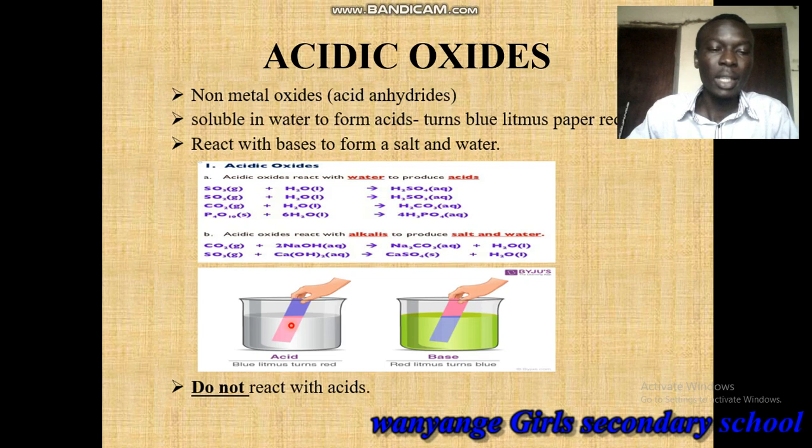Note again that things of the same category do not react. We said bases do not react with bases. Therefore, acids do not also react with acids. So two acids cannot react with each other. Only acids can react with bases, but acids cannot react with acids. Okay? Then we say that acidic oxides dissolve in water to form acids. For example, sulfur trioxide, when you react it with